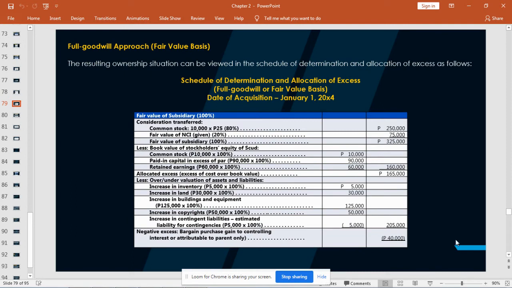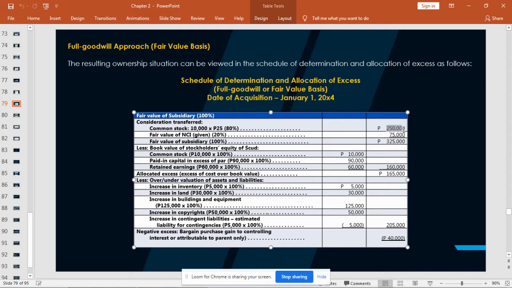So, sa ating full goodwill approach naman, okay, so i-consider natin yung portion ng ating non-controlling interest. So, the resulting ownership situation can be viewed in the schedule of determination on the allocation of excess as follows. So, schedule of determination. So, ang ating fair value ng consideration transferred is